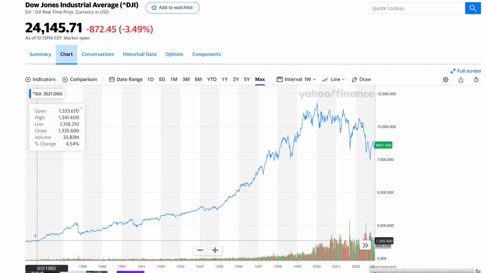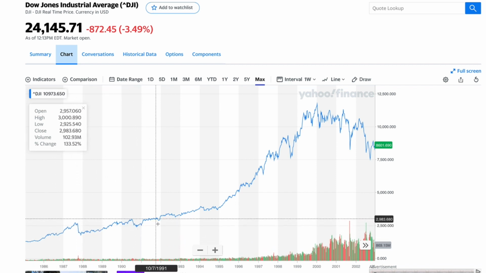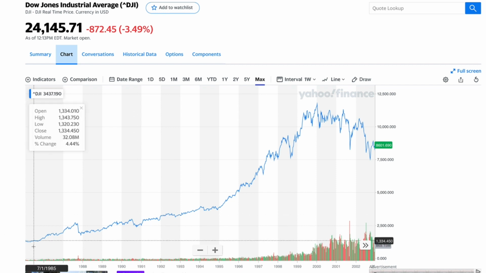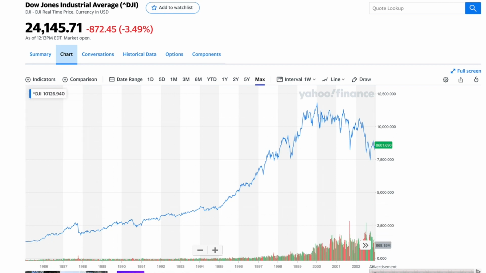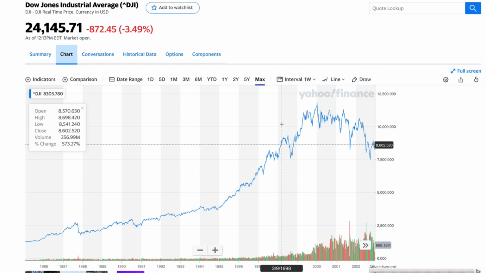Even though there are market corrections here and there, you see a drop here and there, nothing is a straight line upwards. You will always see fluctuations up and down, but as long as the overall trend is going upwards, then that's all that matters, because once again, it's a long-term thing, right?